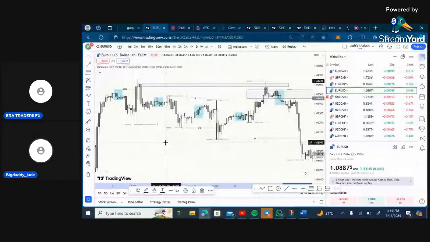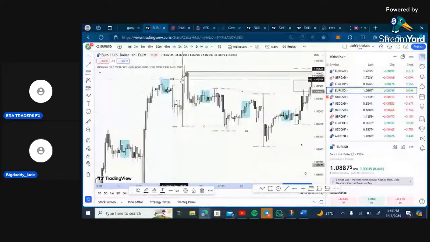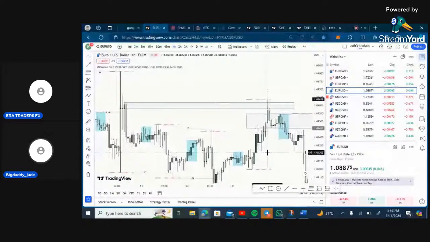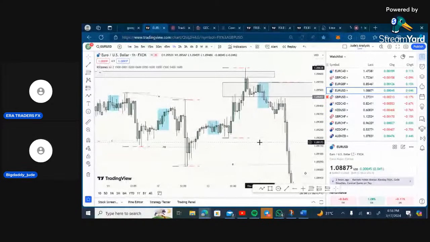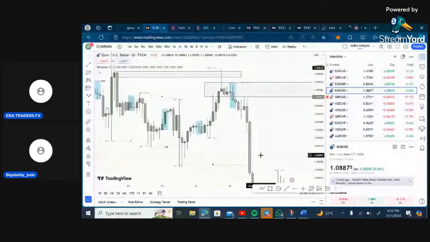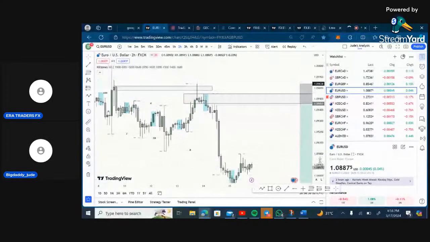you saw a sweep of session liquidity here and price changed character to a downside, right? So a nice build up of liquidity here, and we had a zone that price tapped into and gave us a next break of structure. Now, after a break of structure, what do you do? Identify what caused the break of structure. So we marked out a zone here that was responsible for this break of structure, which